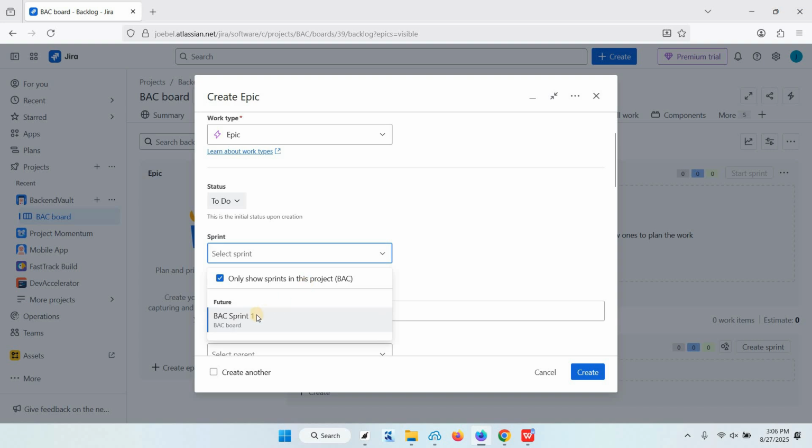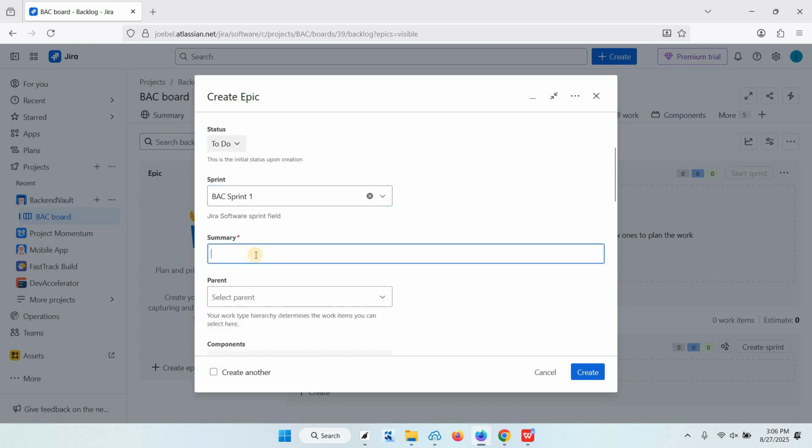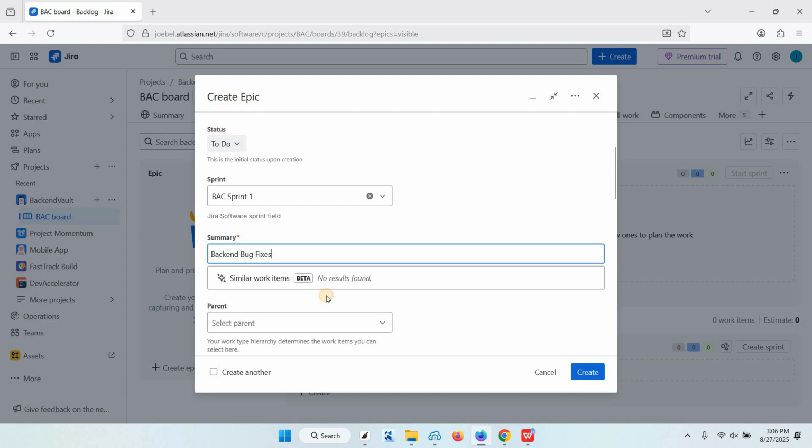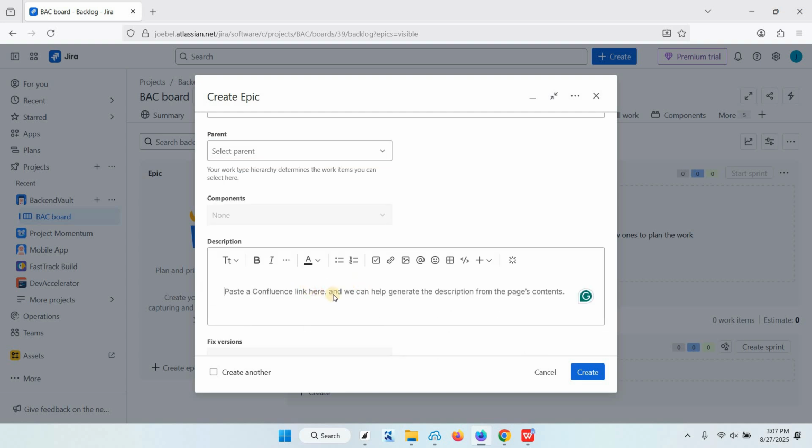Choose a sprint. Add a summary. Let's say back and bug fixes. You can also add a parent, so there's no parent here. And you can add description. Say for instance, bug and fixes